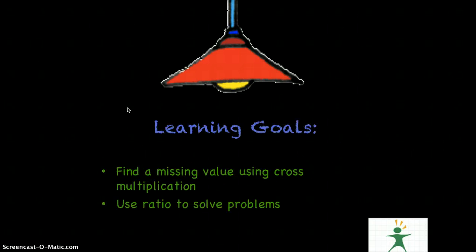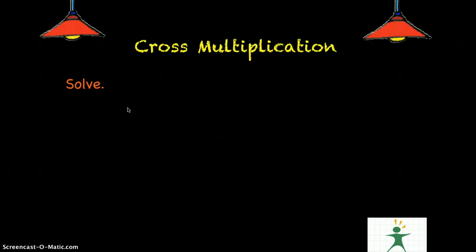In this video, you're going to review a strategy in finding a missing value, and the strategy is using cross multiplication. You're also going to use ratio to solve problems. Okay, so first, let's have an example once again of how to use cross multiplication in ratio to find the